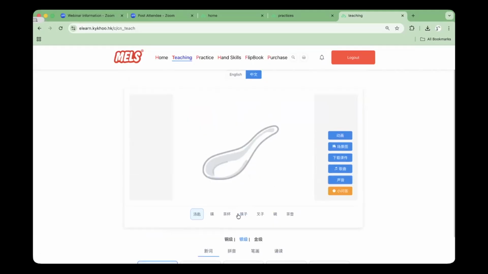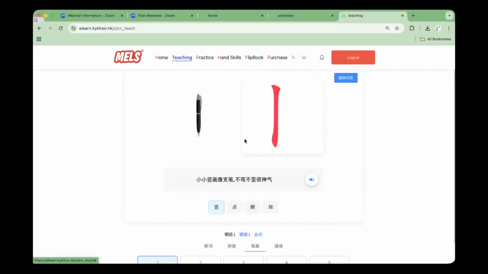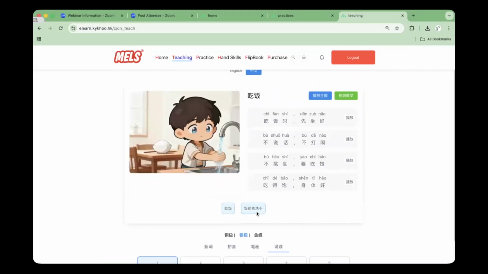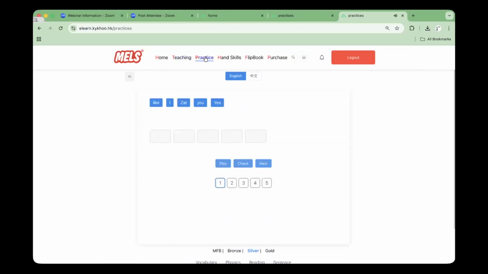So as I mentioned to you before, it's very simple. You just click, then you can play with the program, you can sing the song, and you can even read. I'm reading now. Or I just read to a particular sentence. 不说话，不打闹，不挑食，要吃饱。